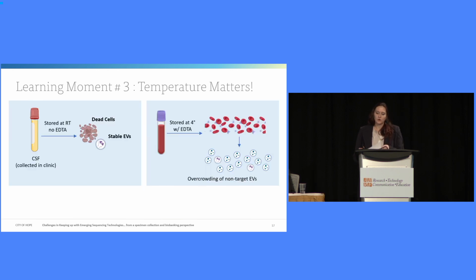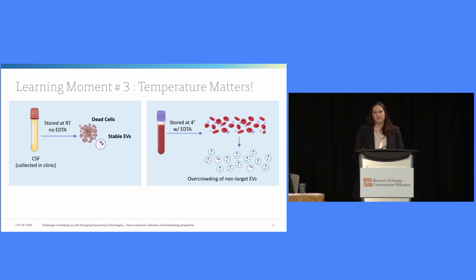Our last few learning moments came from interacting with the clinic. So many specimens in biobanks are actually leftover from clinical collections. In California, the law states that any clinical specimen removed from a patient in a clinical setting must first go to pathology before it's released for research use, which makes sense because patient care is always the priority. But it turns out